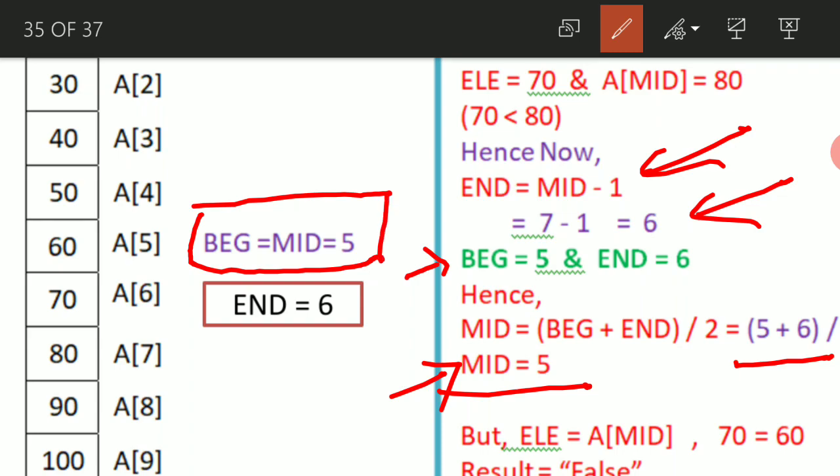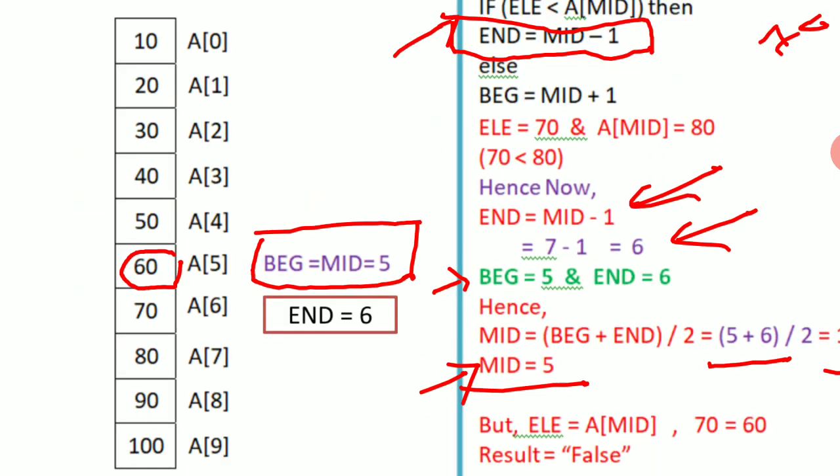Now what happens here? A of 5 is how much now? 60. See, here also we are not finding it. Its mid value is A of 5, that is 60. Now what happens here? We'll concentrate on this part.